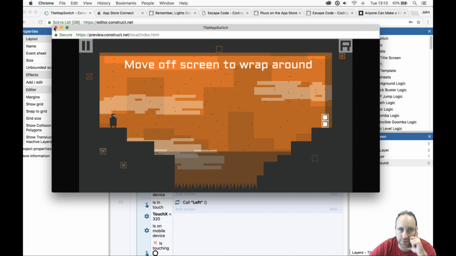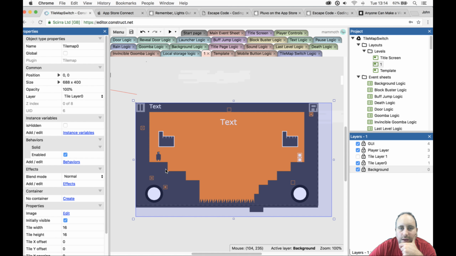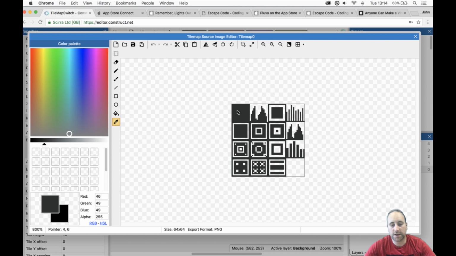So what we can do is go into one of these levels here, and I believe let's go into... I'm just going to grab this color here. And before we start, I also have to mention that